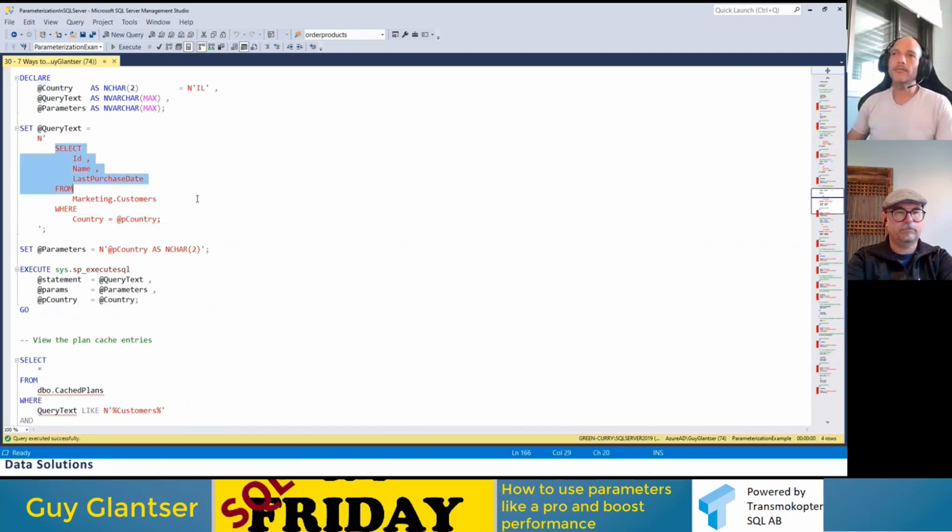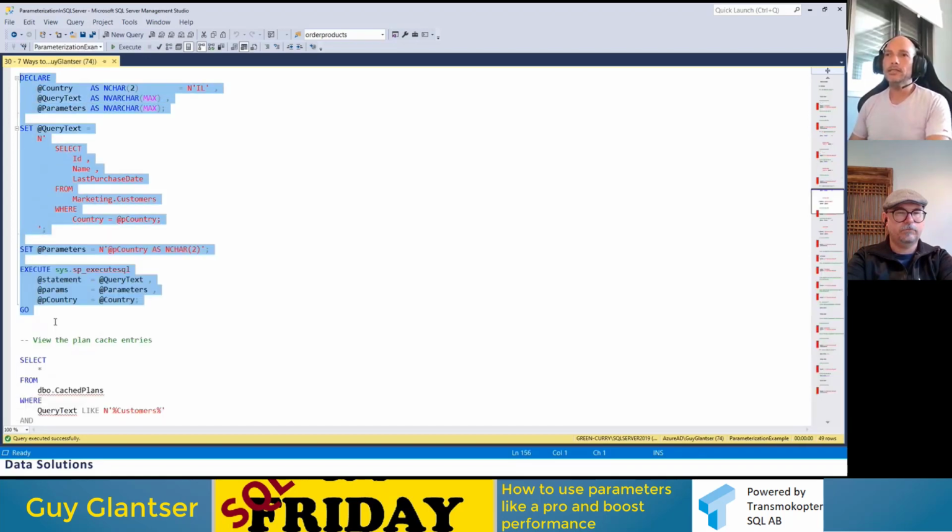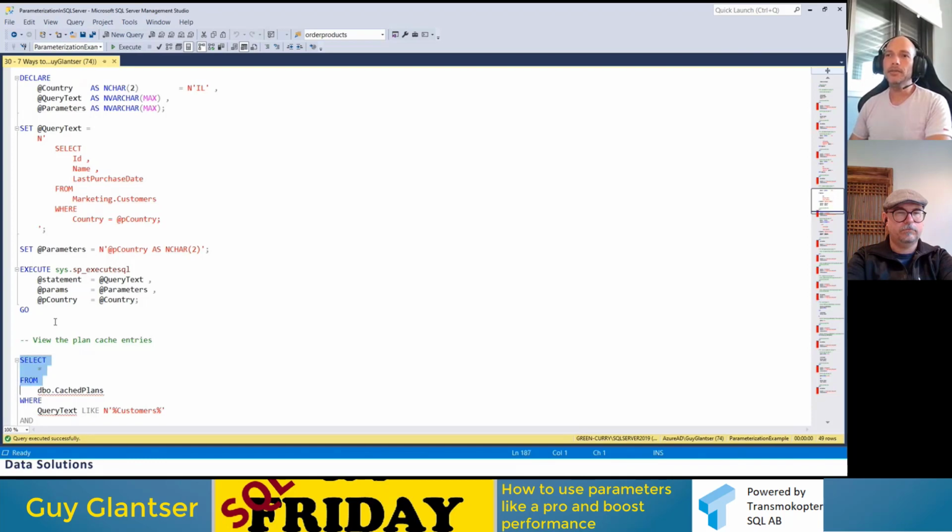Notice that the text never changes. It's always the same static text. There are no values inside this text. The values are passed as parameters. It's a different type of execution, which means that if I run this now and look at the plan cache again,